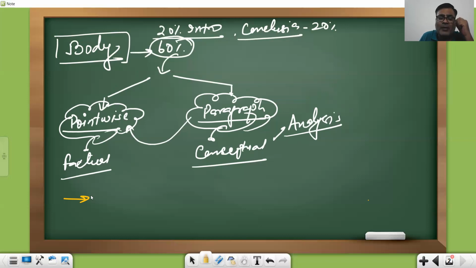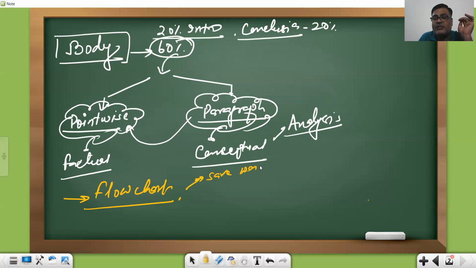All right. Now, the second thing is that if a question is asked, in that case every answer should be supported with a flow chart. Fine, be it history, polity, economy, geography, environment, anything. That is actually the art of writing. Why? Because that way you will be able to save your words. All right, flow chart. There should be appropriate diagrams. This is also a way of presentation.